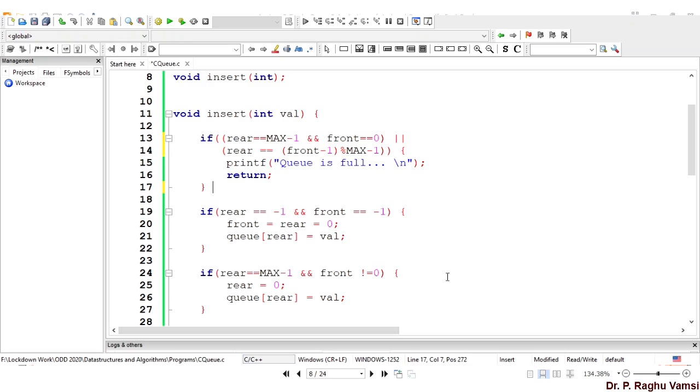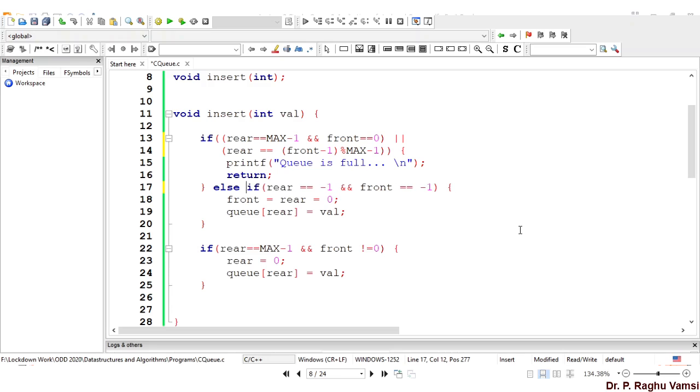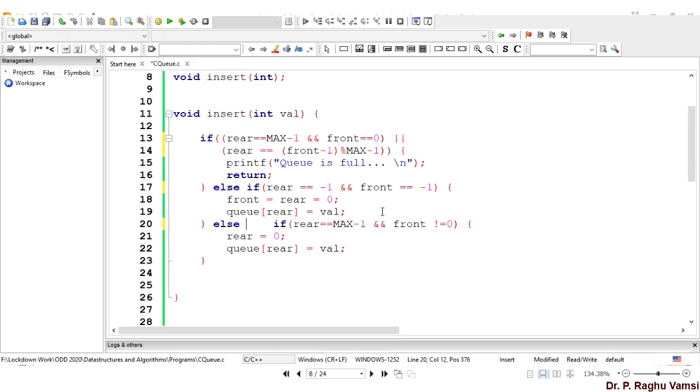So now what we do is, if queue is not full and rear is equal to -1 and front is equal to -1, then these two steps will be executed. And if not rear is equal to -1 and front is equal to -1, these two steps will be executed.